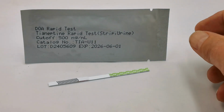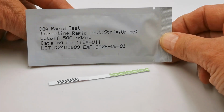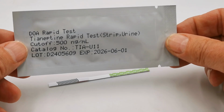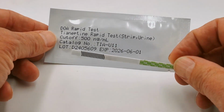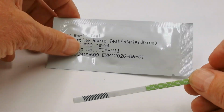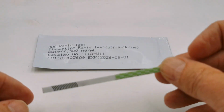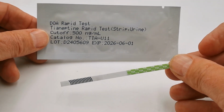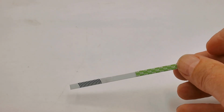This is what you get in the test strip pack. The foil, as you can see here, with the Tianeptine coding on it, 500 nanograms cutoff is the sensitivity, and inside the pack you will get one of these test strips and a small bag of desiccant, which keeps the test strip dry. Remove the test strip from the foil pouch when you're ready to commence the test,